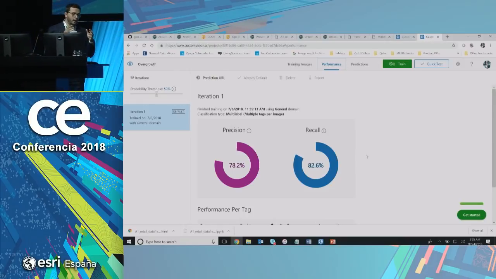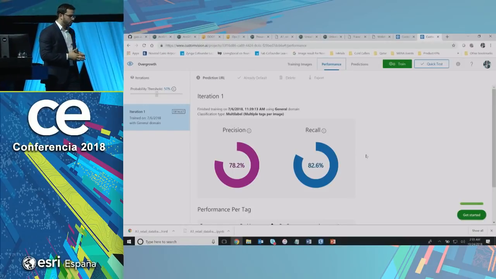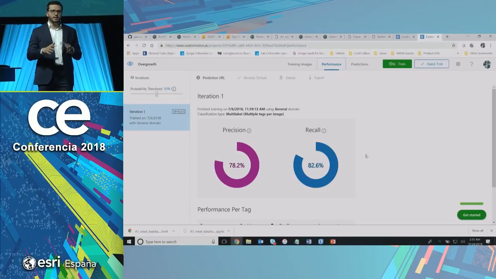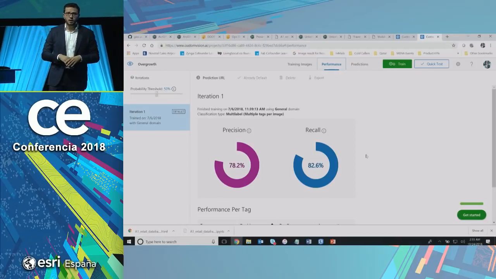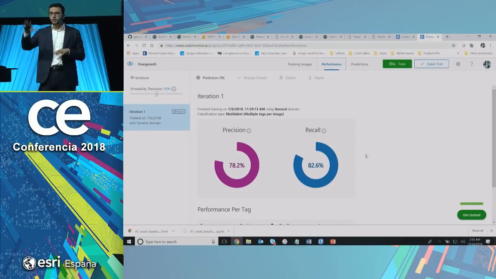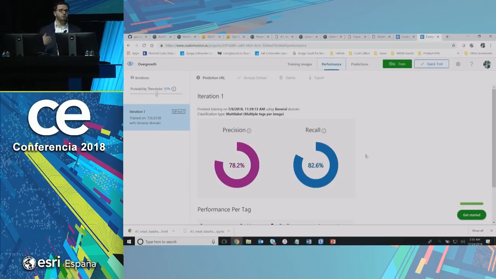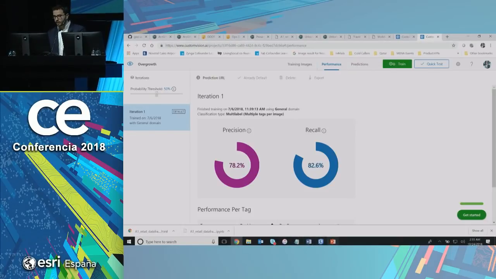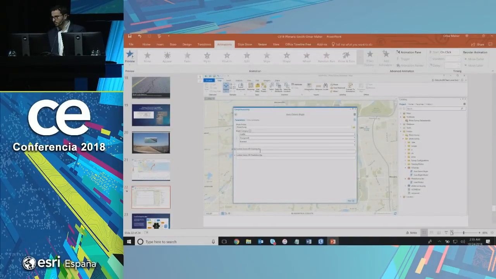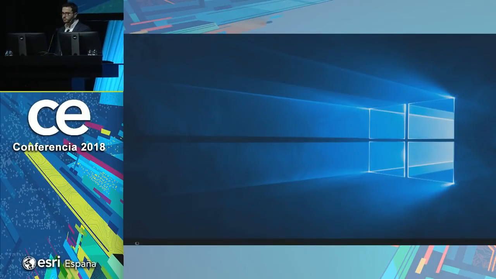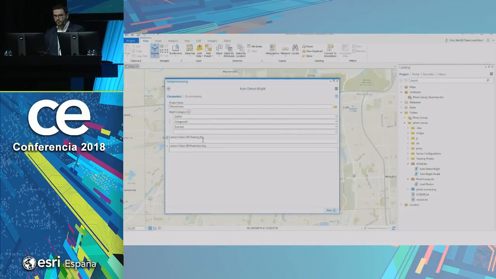Our first AI solution at Esri is called Property Condition Assessment. If you Google this right now, you're going to find the link that takes you to this solution. You can download it, and if you have a trained model on Custom Vision Service, you can easily link it back to ArcGIS. And this is the result. The solution that you're going to download has two fields, the Custom Vision API key and the Custom Vision API prediction key.